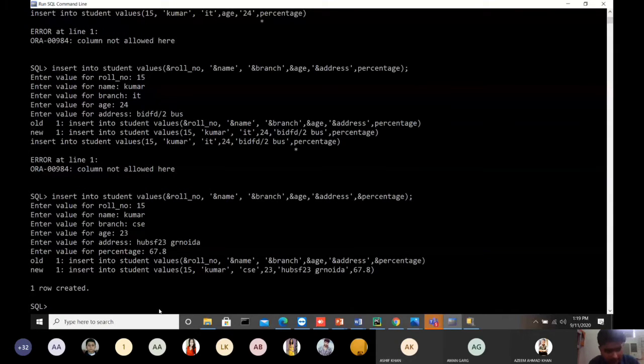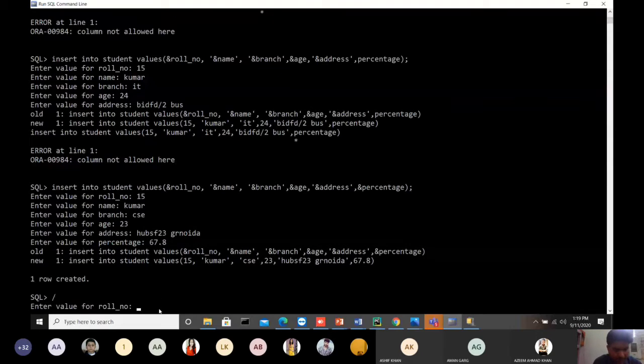One row is created. Again you have to insert the values. So you have to use the forward slash, / and press enter. That means again it will ask for the next row. In that case, here you have to write